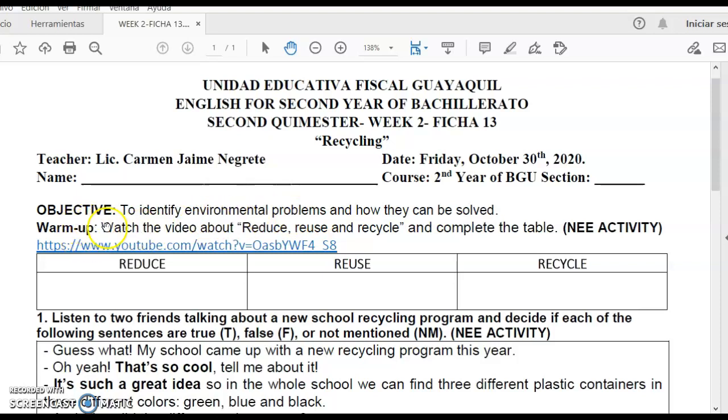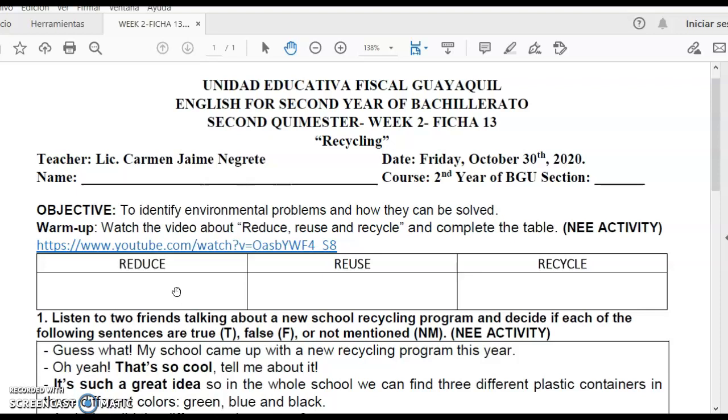As a warm-up activity, you have to watch this video about reduce, reuse, and recycle. And when you finish, you have to complete the table below. Remember, what you have to do is to click on this link and watch the video. And then you have to complete with what you can reduce, what you can reuse, and what you can recycle. Okay, now for example,